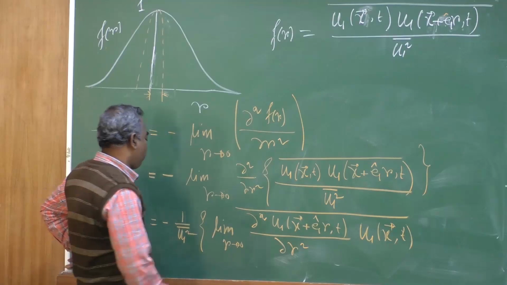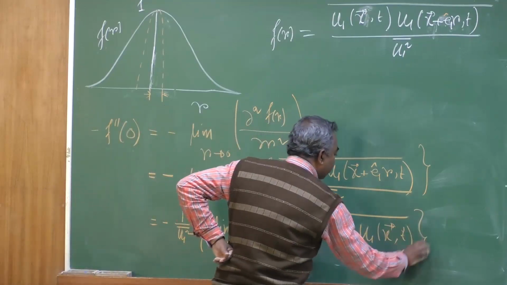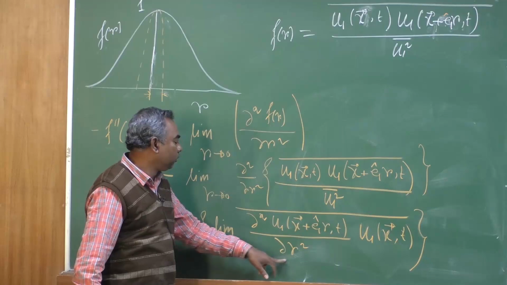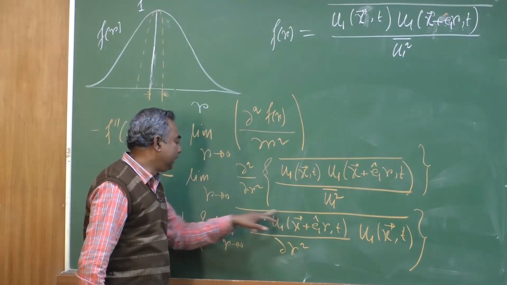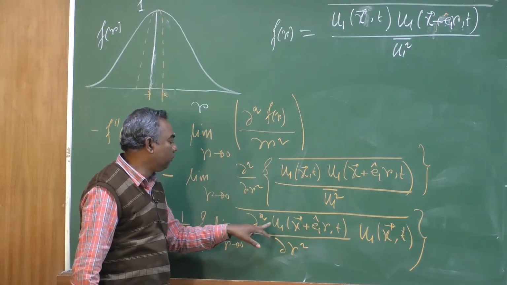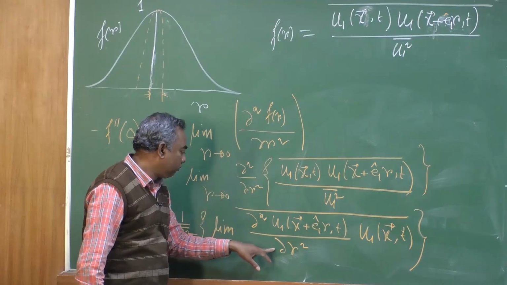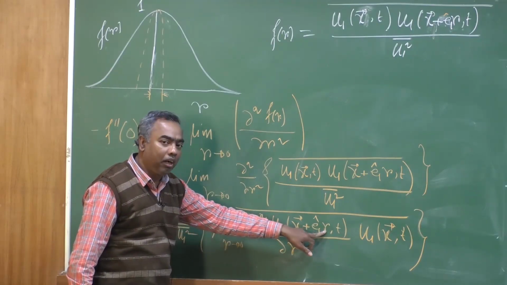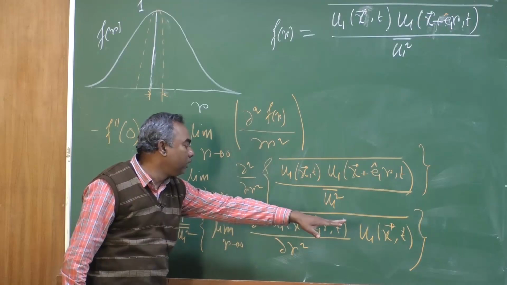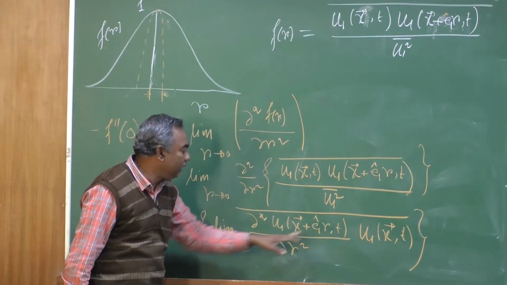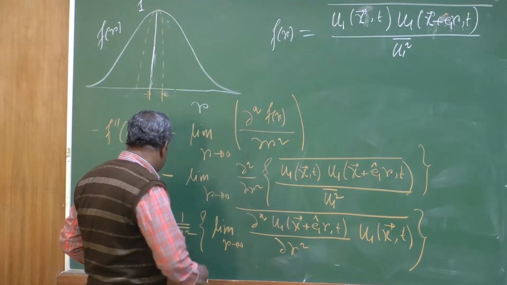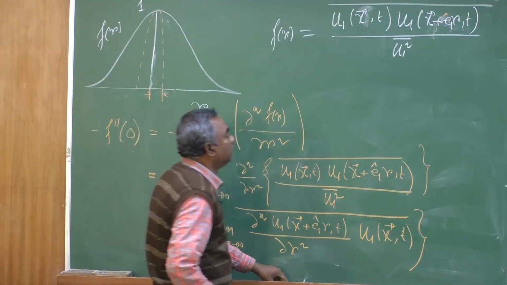So, you see this particular quantity once again we can write as r tends to 0. So, basically then this derivative becomes del 2 this quantity by del x 1, because our separation is in the direction of x 1. So, this becomes then essentially x 1. That means, this quantity essentially we can write as